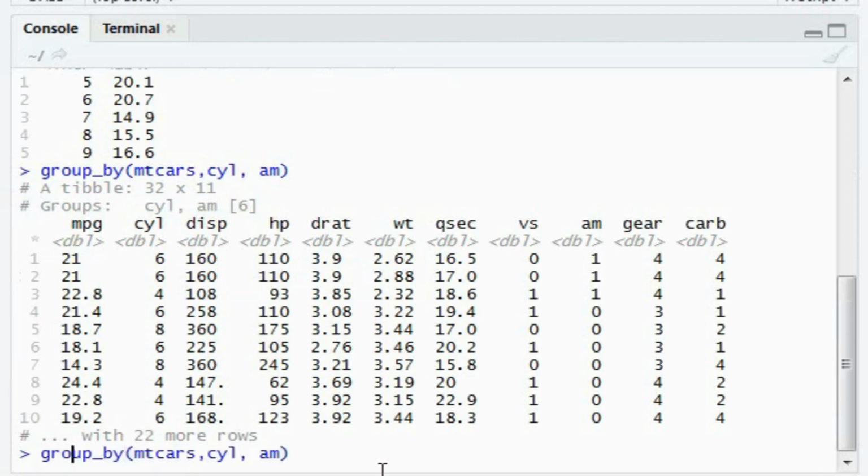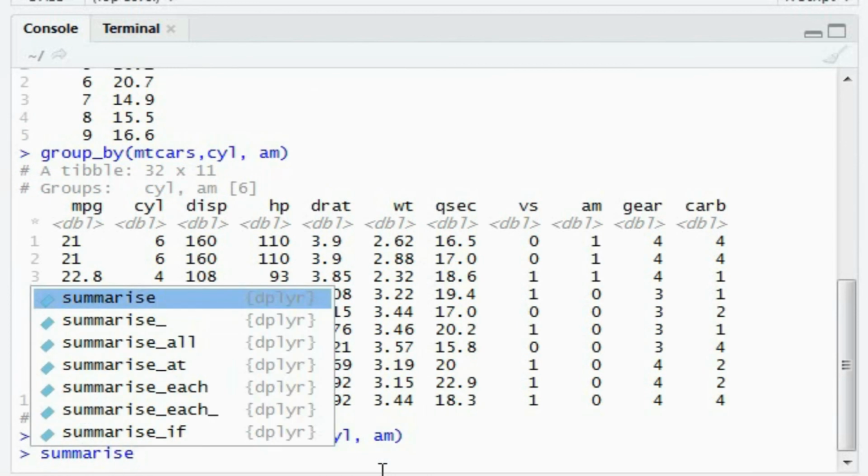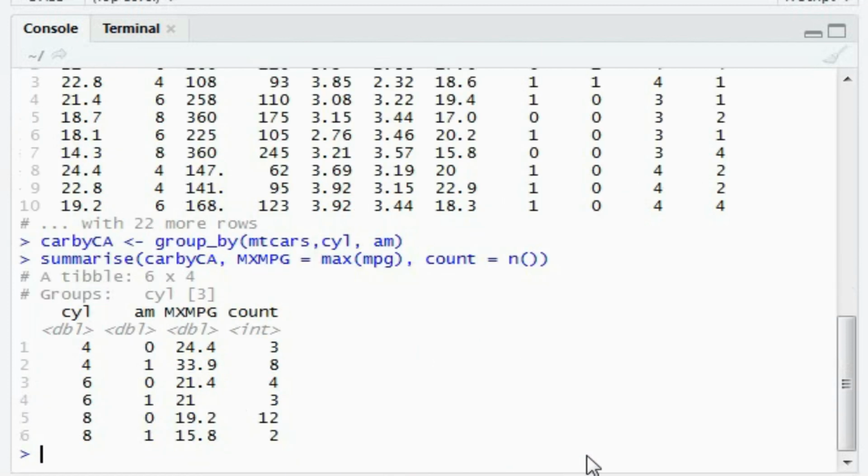So before that I will save this into another object and I'll apply a summarize operation on this saved table. Say I want to evaluate the max of mpg, and I also want to know the count of it. As discussed earlier, the count can be evaluated using the n function.